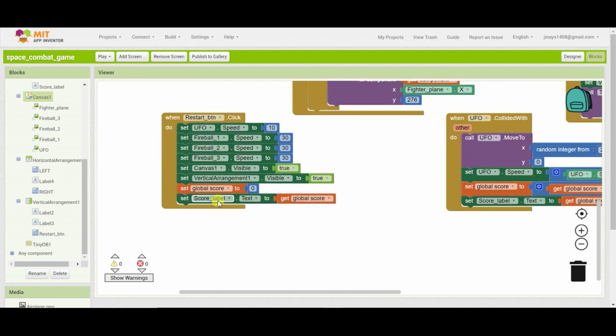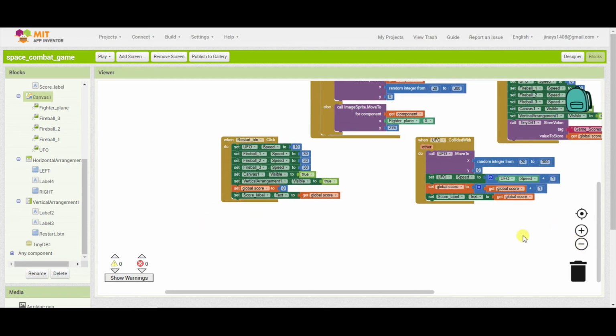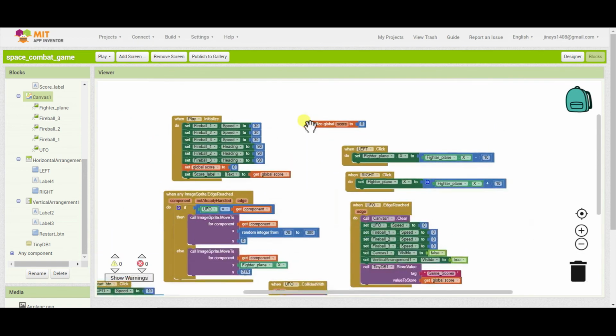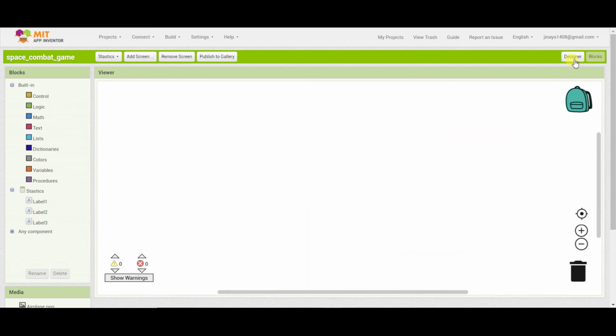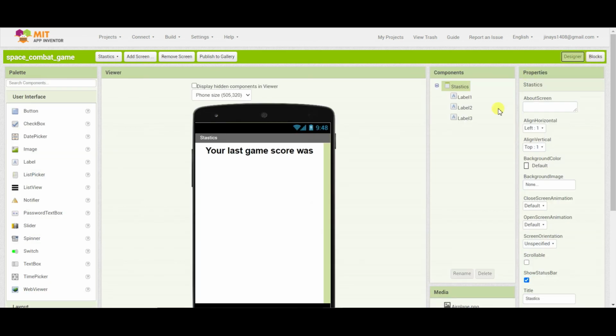So the code for the play arena is done and our game is almost complete. Now we are left with the final screen, that is statistics, and this is very easy.